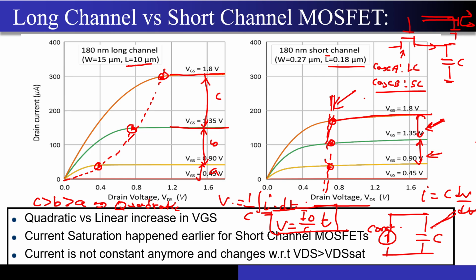If I want my capacitor to charge in a very, very small time, I want to make sure that the slope of this line is higher, correct? How can I get a higher slope? That is by having a higher I naught by C value. My C is not in my control, only I naught is in my control. So if I increase my I naught, only then I get a higher I naught by C value. When I get a higher I naught by C value, that means the capacitor will charge with a very high slope. That means a shorter time. So if I take a larger current, then only I can ensure that the capacitor is charging in a very small time.